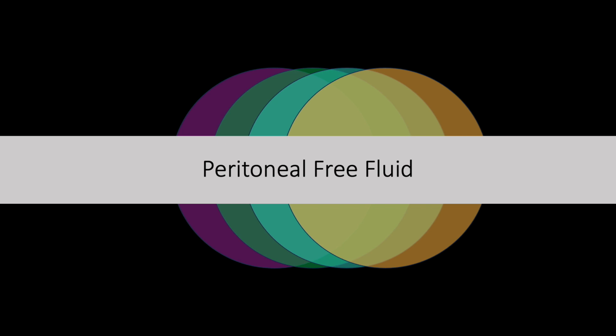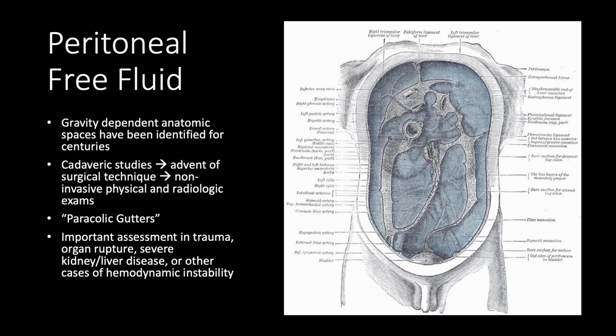In this lesson, we're going to take a look at how to identify peritoneal free fluid using our ultrasound. Identifying free fluid in the abdomen has been associated with worse outcomes for patients that are experiencing trauma or other life-threatening conditions such as ectopic pregnancies or aortic aneurysm rupture or dissection, or even just for patients that maybe don't have an acute injury, but that have severe kidney or liver disease that's causing fluid to back up and leak